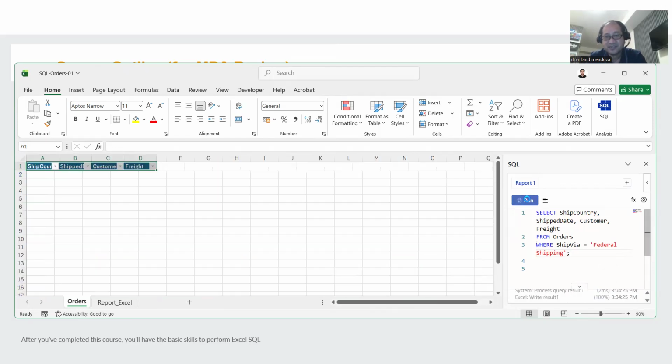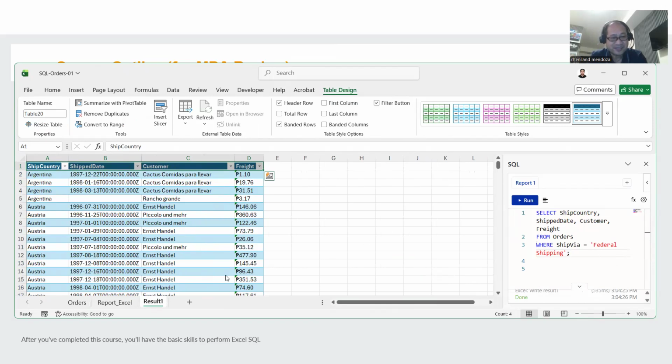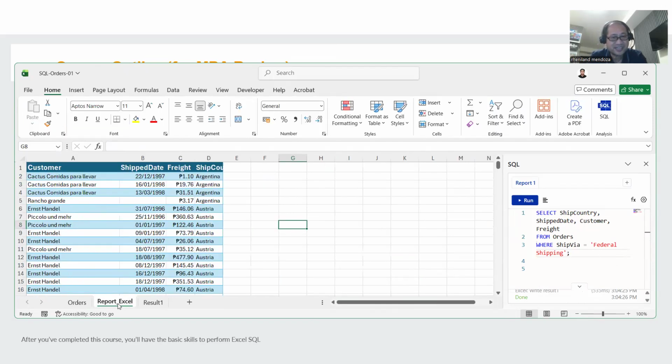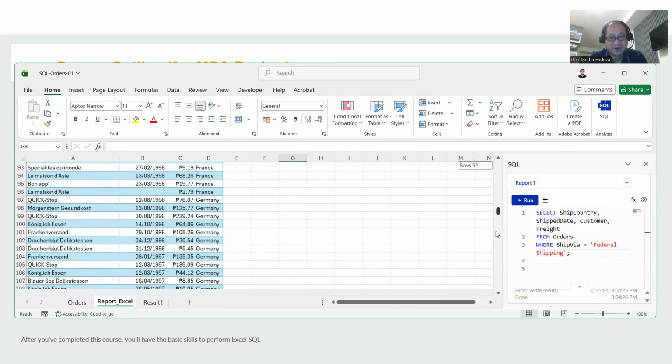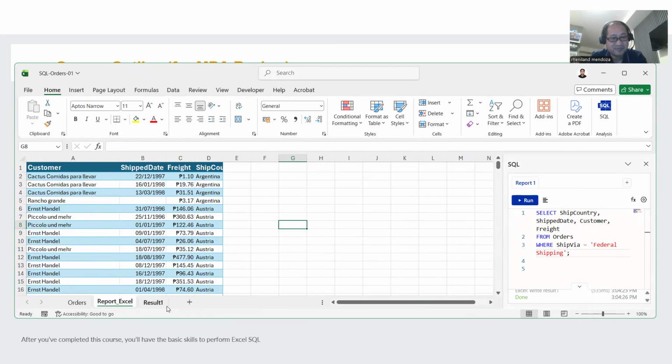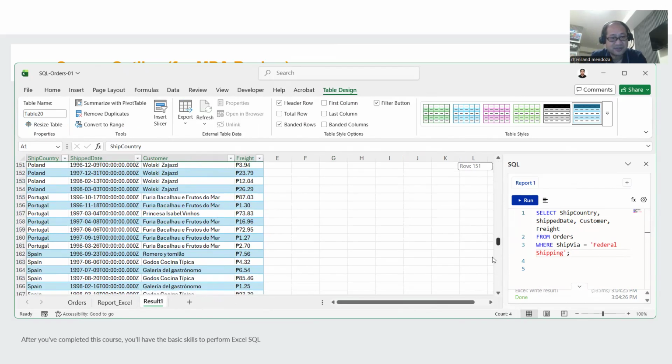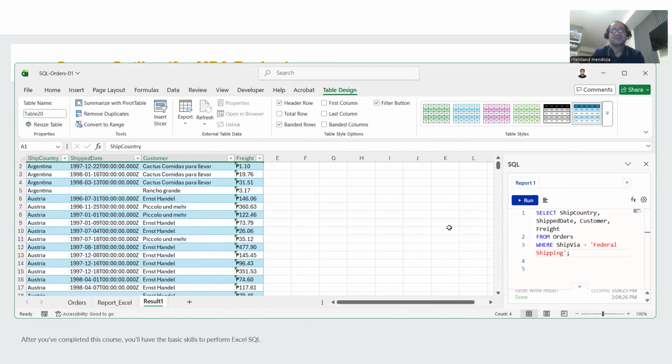But just the same, even without a semicolon, this will run. So click on run. Did it generate the same number of rows? Yep, 255. And this one, it's 255. So first advantage. Notice that you don't have to create a new worksheet. It automatically creates for you. So you only have to rename it. So let's just rename this report SQL to distinguish it from XLWay.